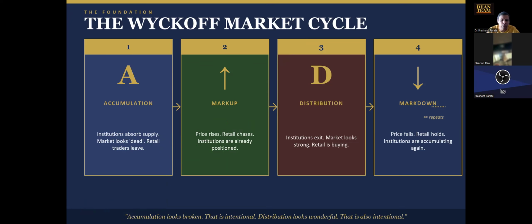So during accumulation, what happens is everywhere there is bad news. Prices are falling, people are afraid. Like recently, there was bad news. Trump was taking all the action. He was declaring new tariffs, and wars happen, or many new things happen, and people are afraid of buying. They think, what will happen?